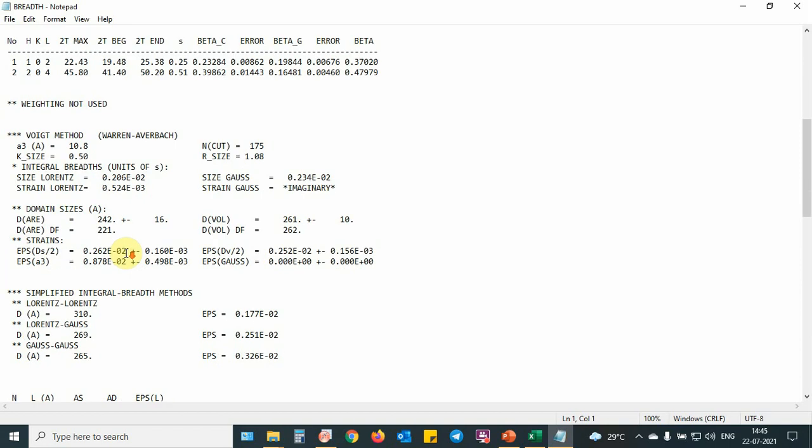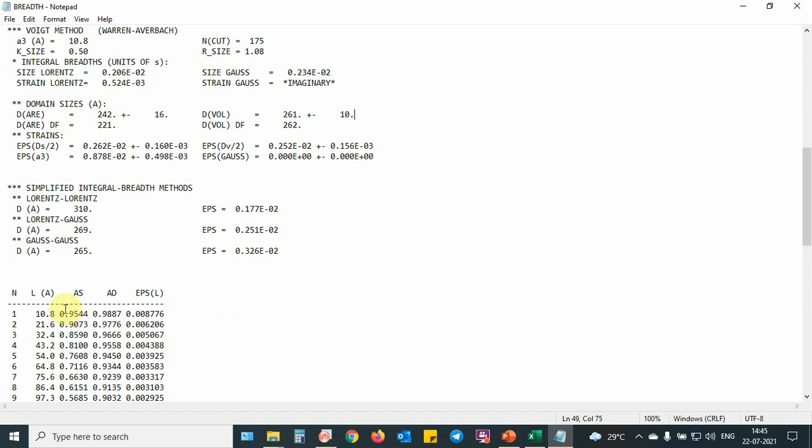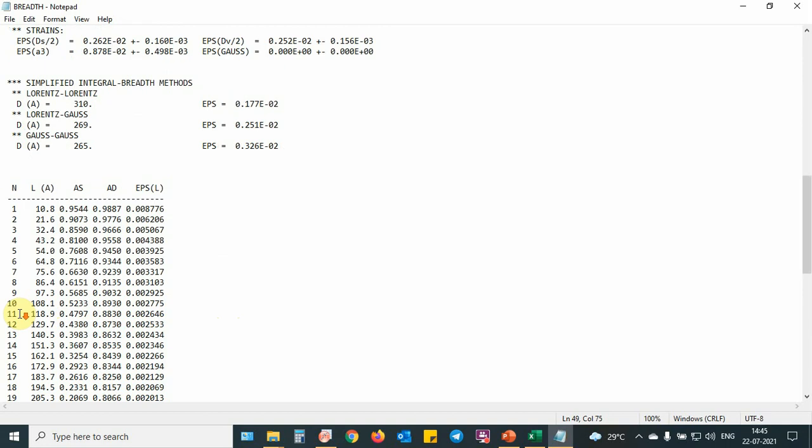Here you can find the domain value is around 242 angstrom, that is roughly around 24 nanometer, with an error of 16. The volume distribution is also given, 26 nanometer with an error of 10. Here we have also given the Fourier coefficients, A, S, N, and then the strain values.